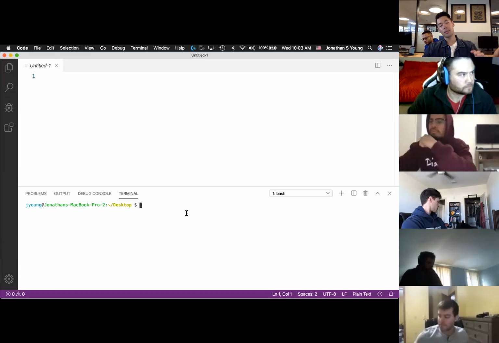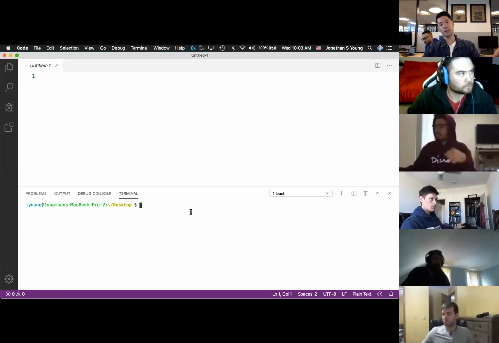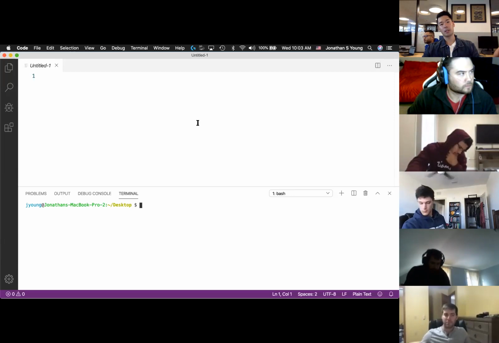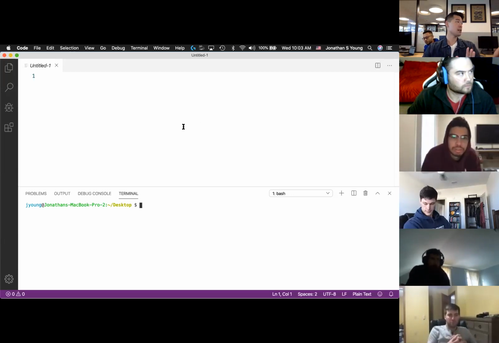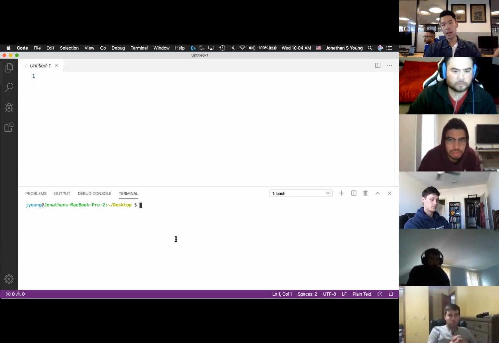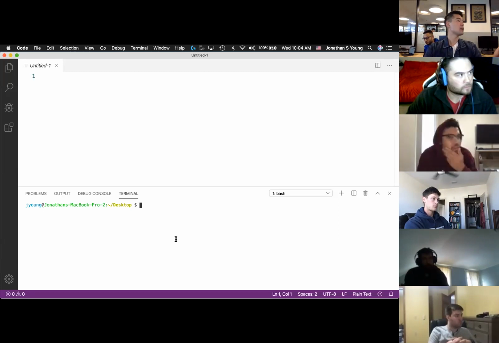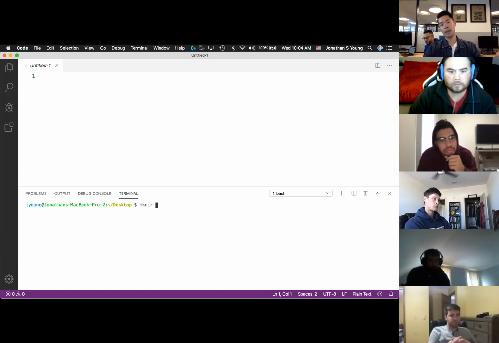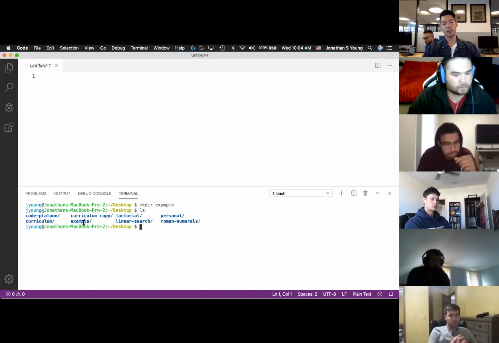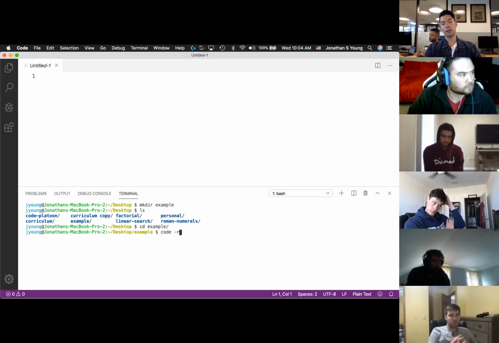So I'm going to create two screens on my machine and split the screen. One side is going to be JavaScript and one side is going to be Python. I'm at my desktop right now. I want to create a folder called example. What is the bash command to create a folder? mkdir. Make a directory called example. I'm going to list out everything, and there's that example folder. So I'm going to cd inside of example. I'm going to open up that whole thing right over here.